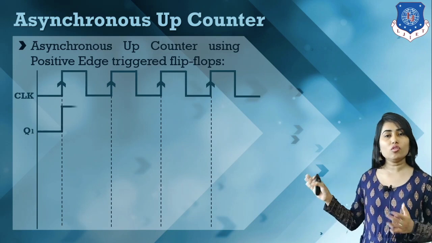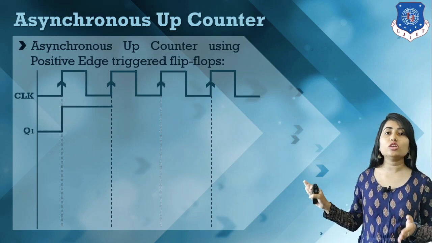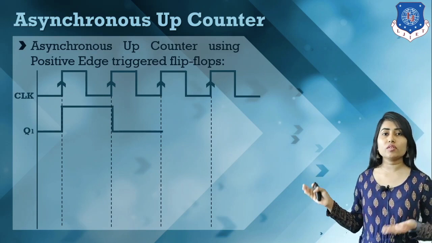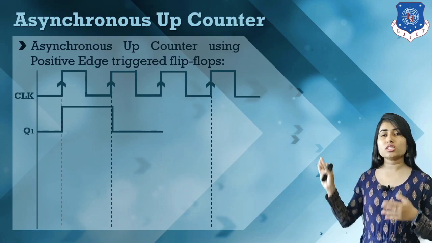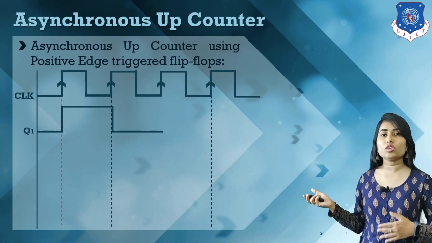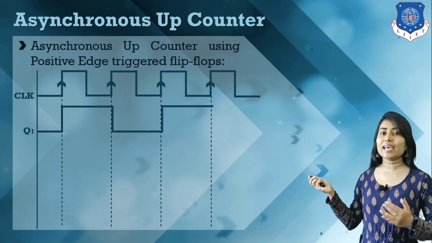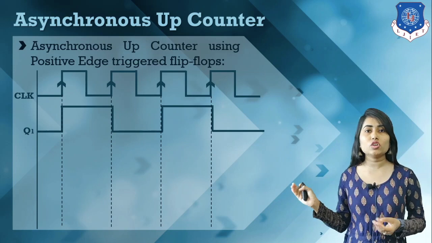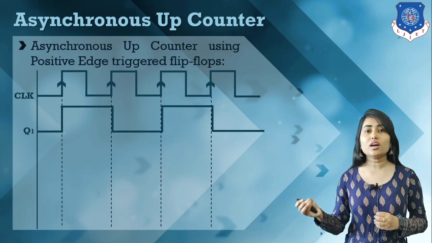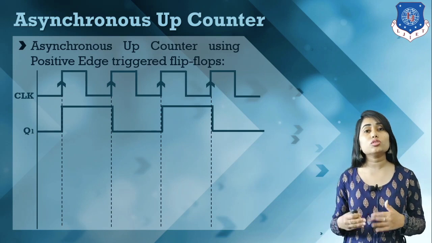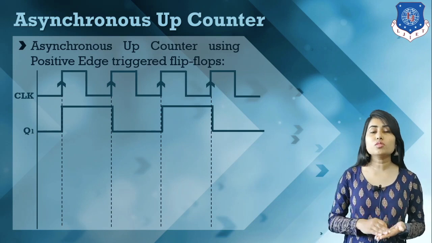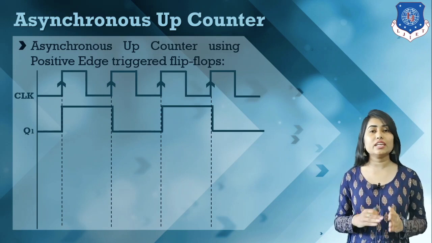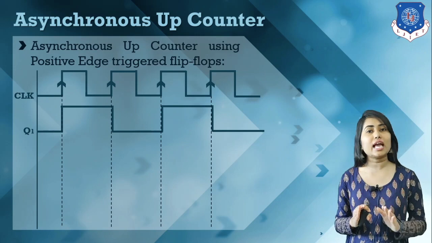So here we have a 1, and it continues its value up to the next positive edge. Then at the next positive edge it toggles its value, previously 1, so now we have a 0. Then a 1, then at the next positive edge a 0. This is how Q1 will be calculated. Whenever a positive edge arrives, it toggles its value, that means it complements from 0 to 1 or 1 to 0. As we have a 1 input, it works in toggle mode. So this is how we calculate Q1.